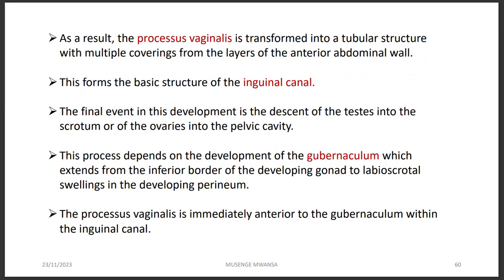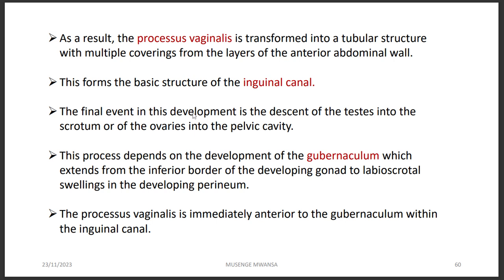So the processus vaginalis is transformed, it becomes a tube with different coverings, and that will form the basic structure of the inguinal canal. The inguinal canal is going to be on the left side and also on the right side. Actually, before that, the next thing that is going to happen after you have formed this inguinal canal,